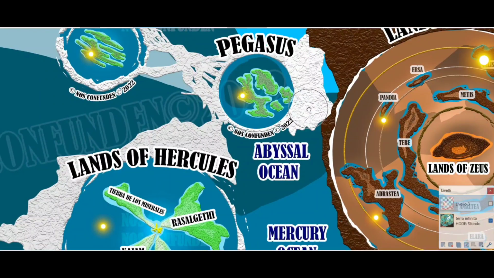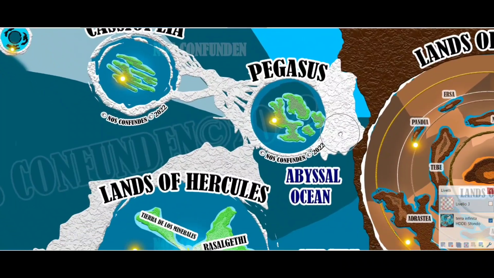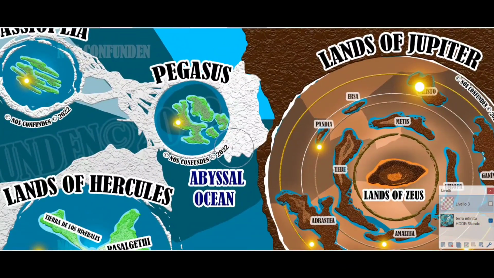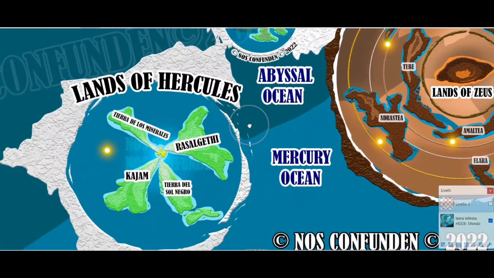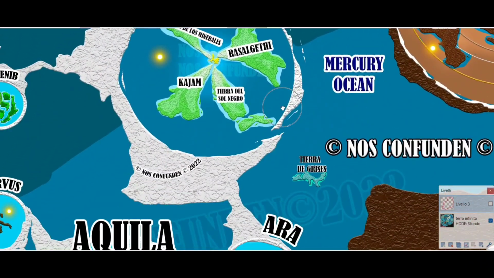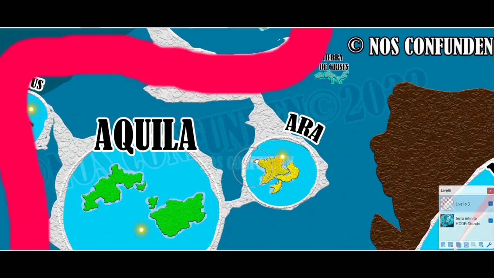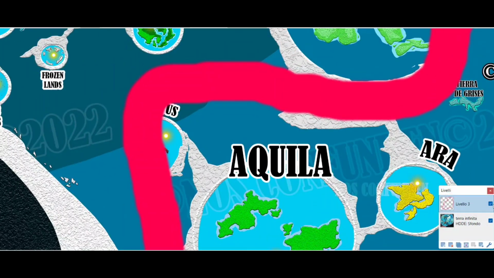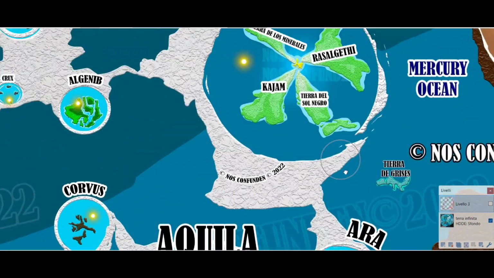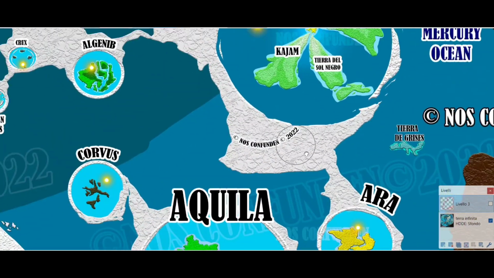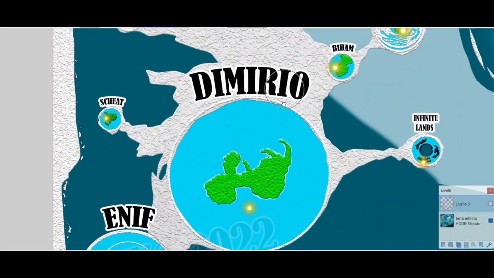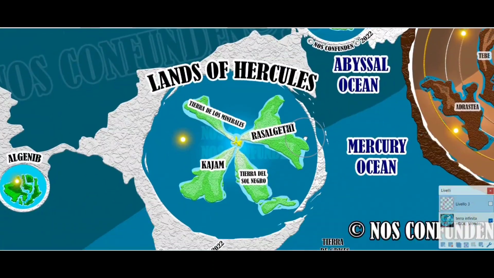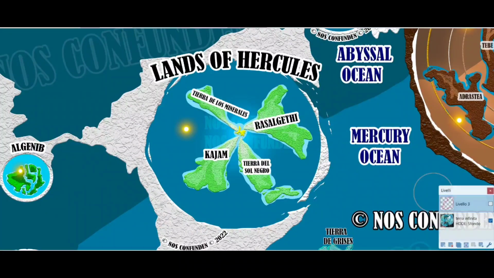Instead, it is ice that is so thick and so strong that it cannot be passed through by usual means, which is why planes of existence are very divided from each other, and it's extremely hard to pass from one to the next. These planes of existence, which we already talked about in part, when we did the part where Aquila, Ara, Scutum, and even Corvus were explained, are all connected by this thick layer of ice. And they go all the way to this place, which we'll be talking about in this video. But let's just start with the lands of Hercules, probably the most interesting part of the video.